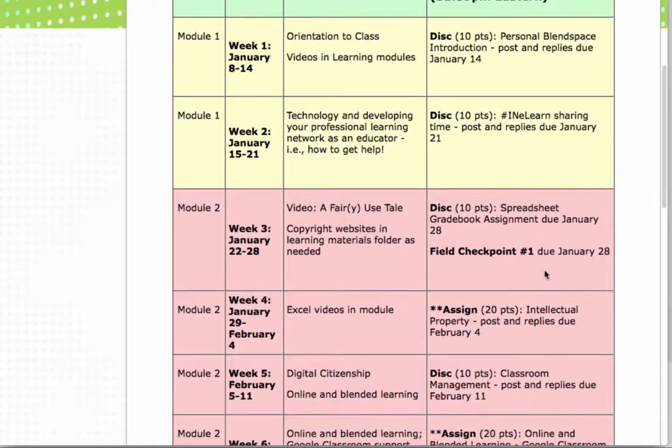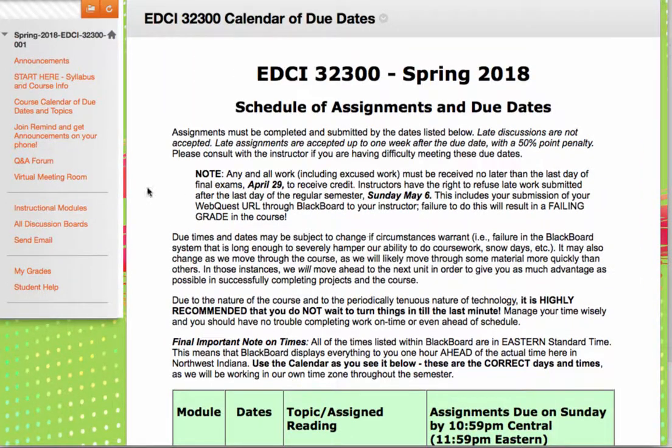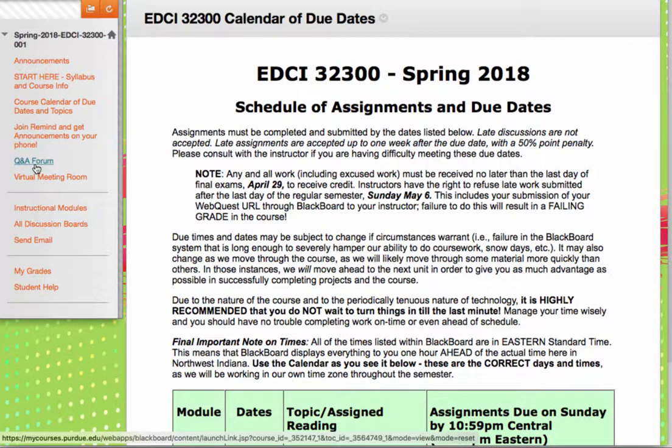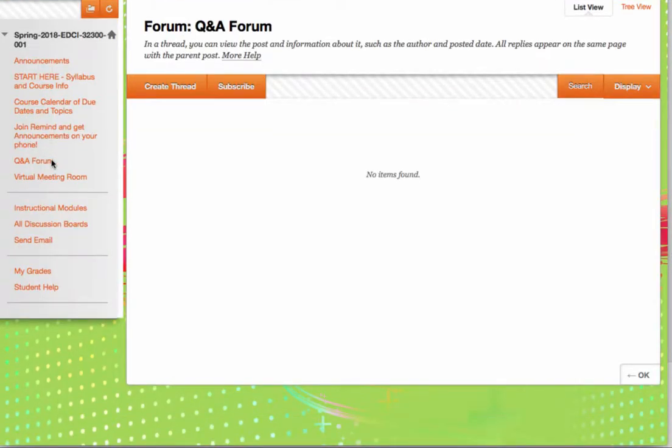Of course, if you ever have a question, do be sure to ask at any time. As far as how to get around, as far as asking other types of questions, of course, there's email. You can always send a direct email. There's the Remind service I just mentioned. You can also post in what's called the Q&A forum, which is just a little forum discussion board that has no assignments attached to it or anything, that you are welcome to post in if you want to ask a question or if you want to post something for the rest of the class to see.